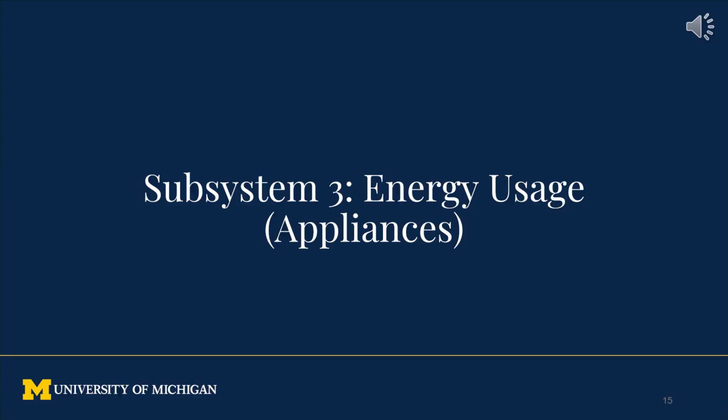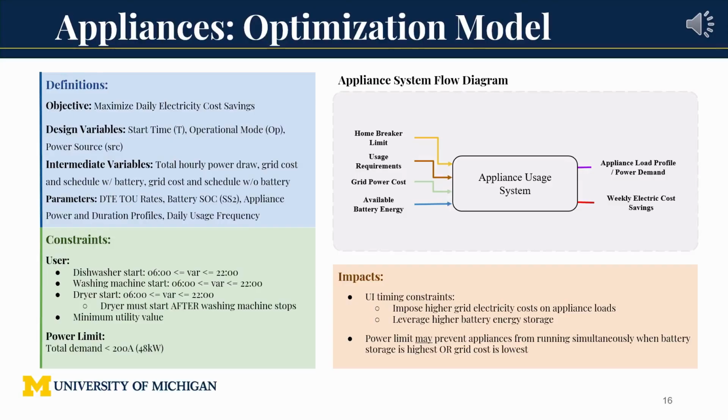Our final section of this presentation will discuss the optimization process and results for home appliance energy usage. The main objective of our model is to maximize daily electricity cost savings. We will achieve this by manipulating the load start time, mode selection, and power source by choosing from either the battery or the grid. The subsystem parameters relate to grid costs, battery storage, appliance power consumption and duration, and set